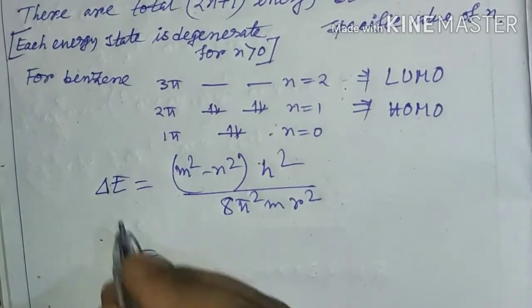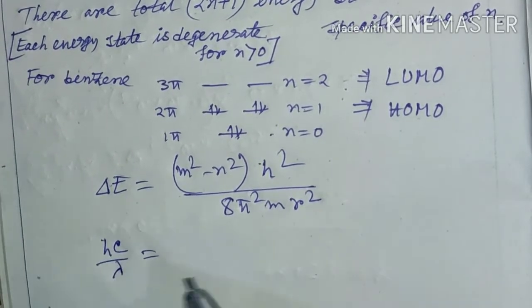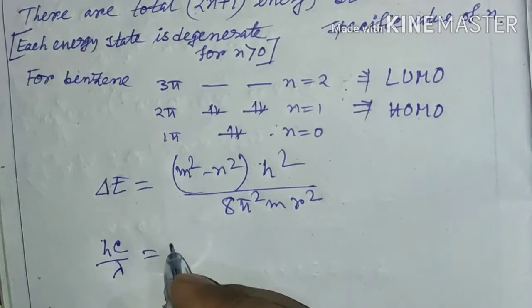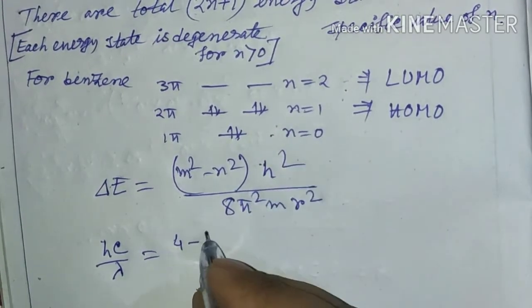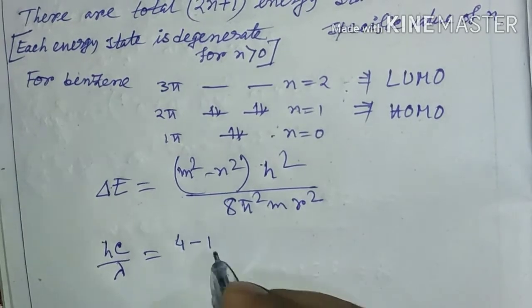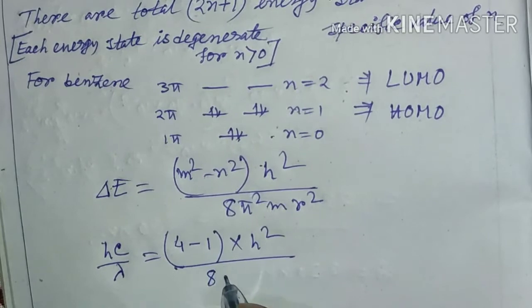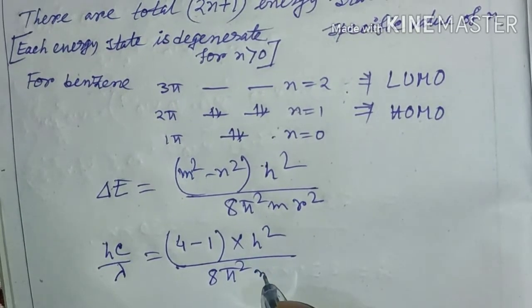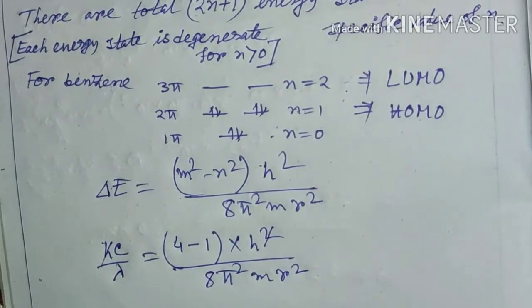In place of delta E we can put hc by lambda, and here m is equal to 2, that means 2 square is 4, and n is equal to 1, so it is 1, and it is h square divided by 8 pi square m r square. H will be cancelled out, so lambda will be